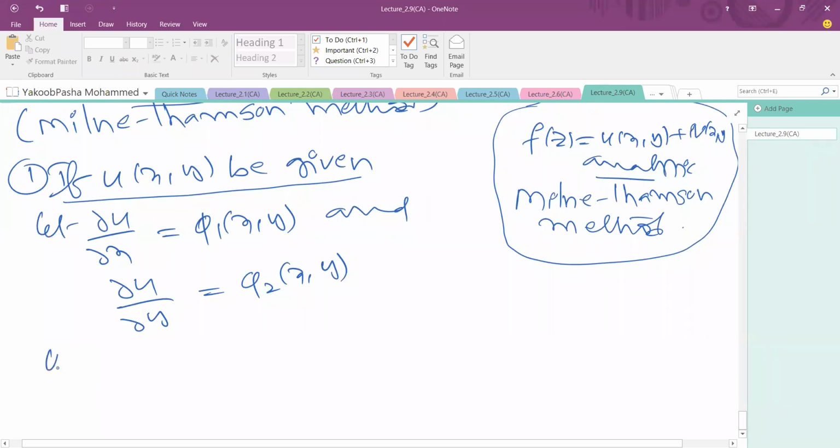Then the corresponding analytic function is